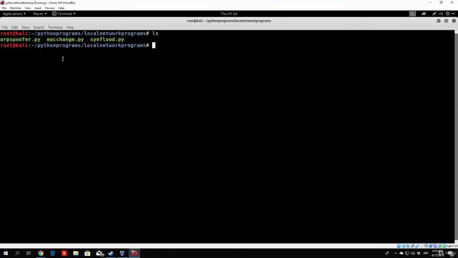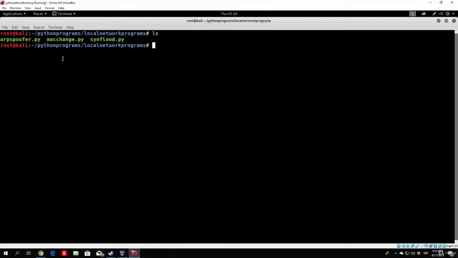Let us go to our Python programs directory and then to our local network programs. This is a program that will actually only work on your local machine. It doesn't have anything to do with the other machines on the network. This is just something you can run on your own PC if you want to test out your knowledge while coding, or simply see the MAC addresses that the packets are coming from. This can be useful if you want to, for example, detect ARP spoofing. You can add a little bit of code to this program and make it an ARP spoof detector. But for now, we just want to introduce ourselves a little bit more to certain libraries